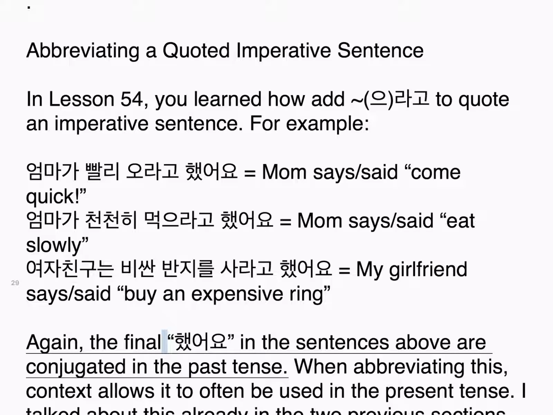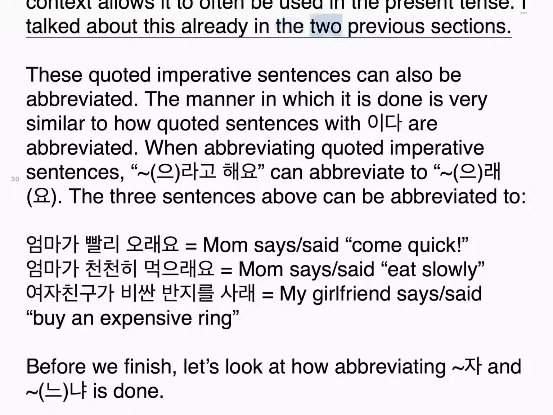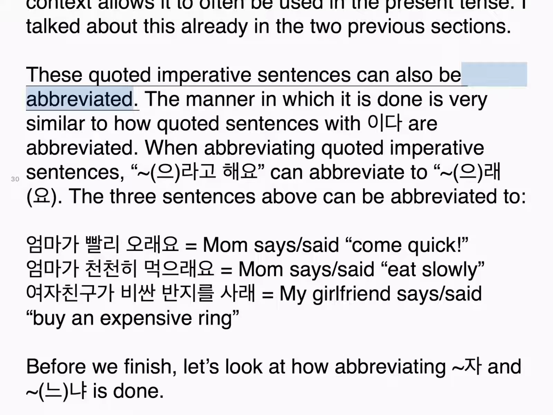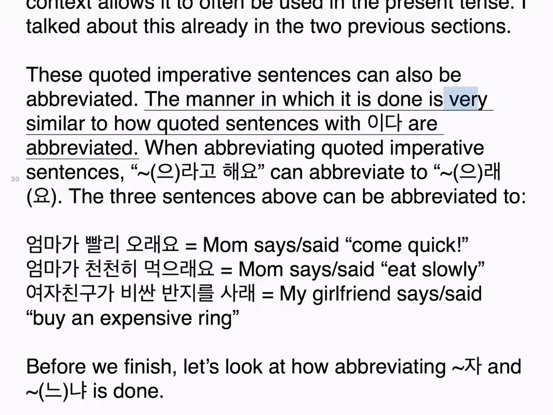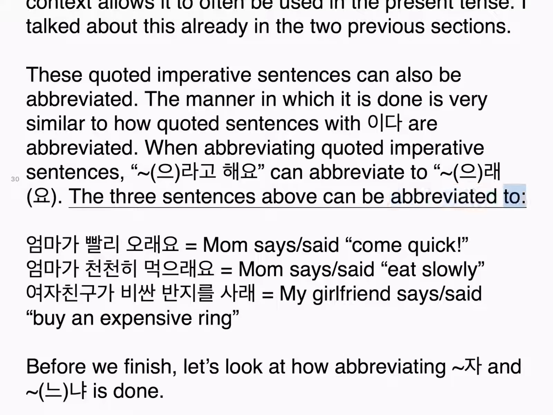Again, the final 했어요 in the sentences above are conjugated in the past tense. When abbreviating this, context allows it to often be used in the present tense. I talked about this already in the two previous sections. These quoted imperative sentences can also be abbreviated. The manner in which it is done is very similar to how quoted sentences with 이다 are abbreviated. When abbreviating quoted imperative sentences, 으라고 해요 can abbreviate to 으래요. The three sentences above can be abbreviated to